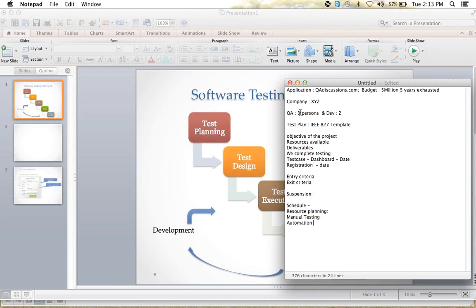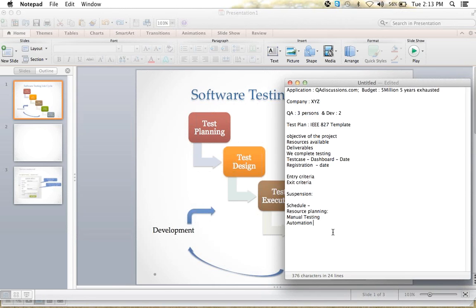We said three QA persons, right? So for 1,000 test cases for these 3 persons, how many days will it take? It may take weeks of time, right? Because 1,000 test cases is a lot more. So for that reason, to reduce that effort, we'll go for automation test cases.